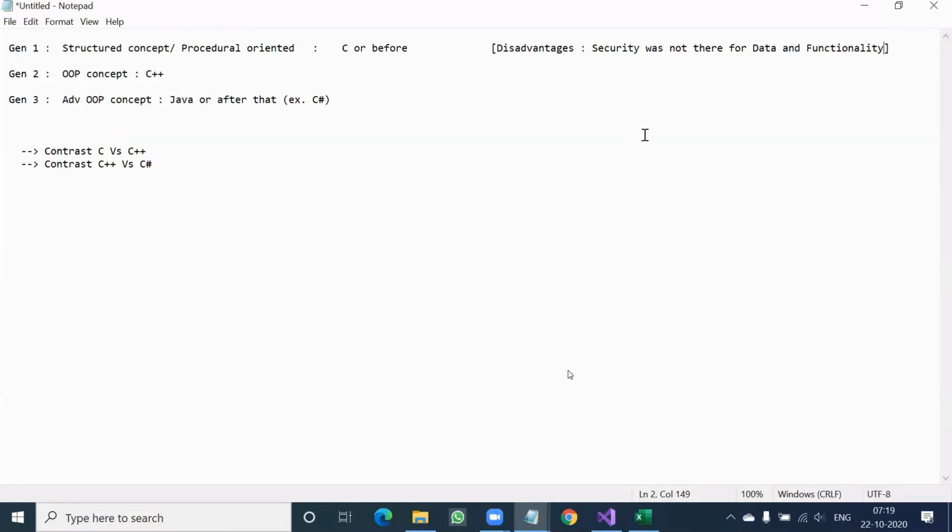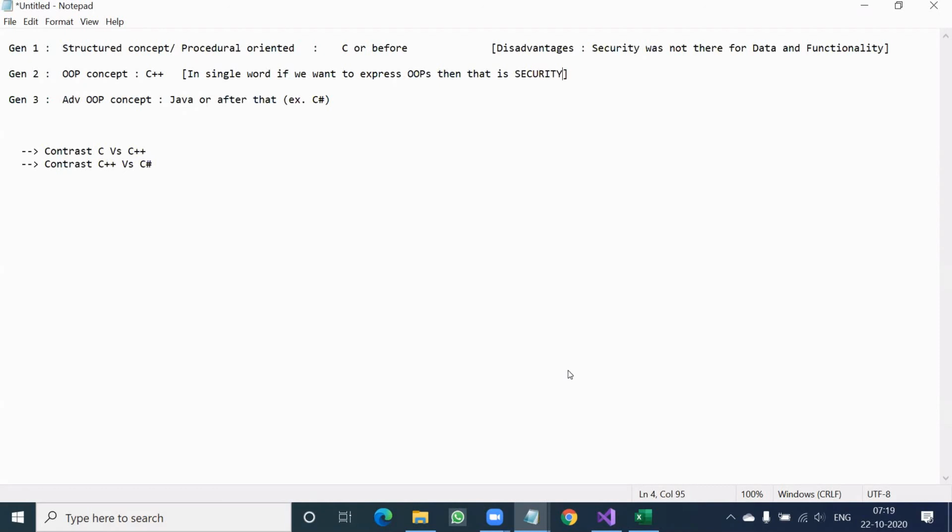So they initiated security concept in object-oriented concept. So in a single word, if we want to express OOPS, object-oriented programming system, then that is security. Data security or functionality security.